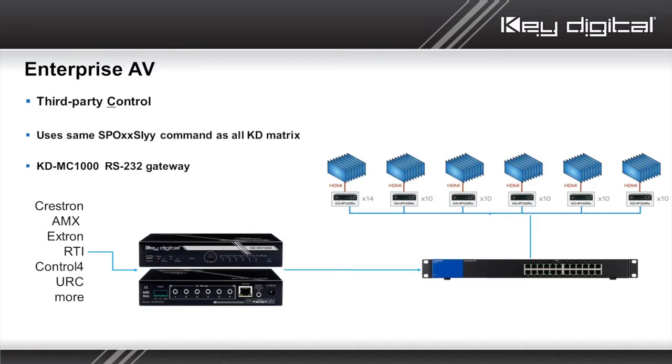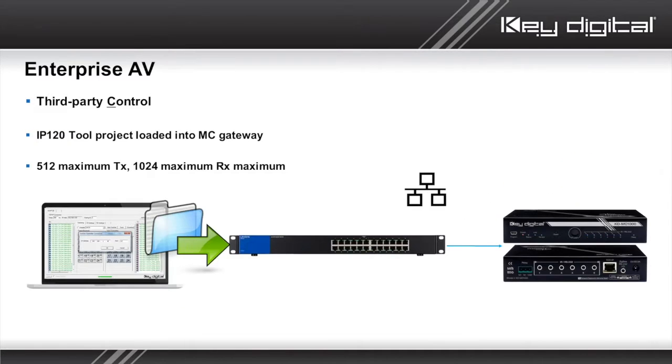And so we're able to use the KD MC1000 as an RS-232 gateway so that it can interface receiving the RS-232 from your Crestron, AMX, Extron, RTI, Control4, URC control system into the RS-232 port, and the MC1000 will have a file inside where it knows